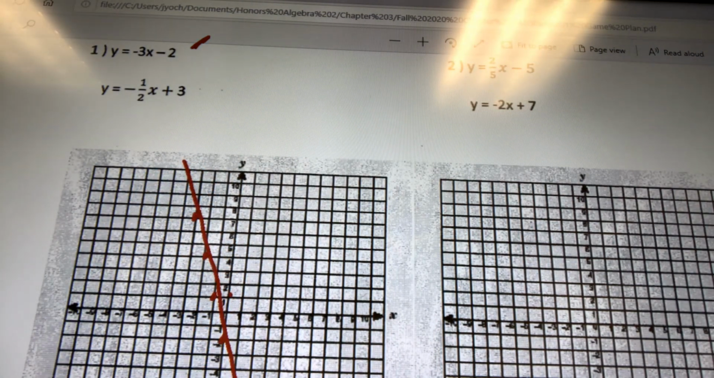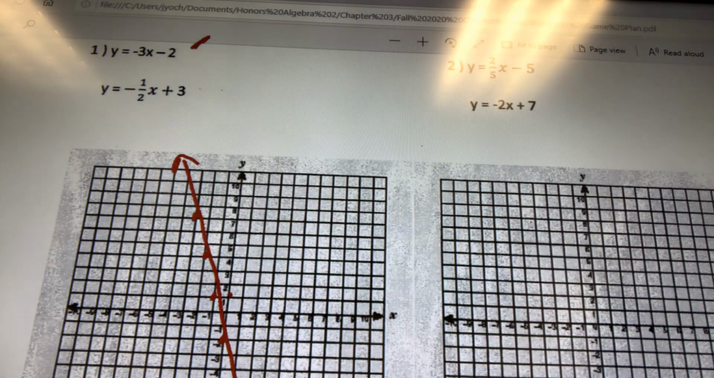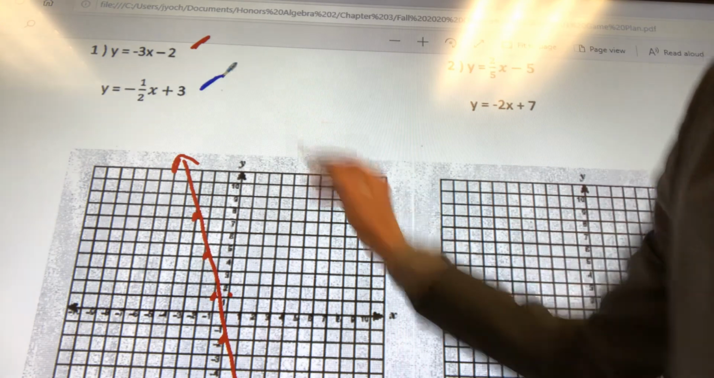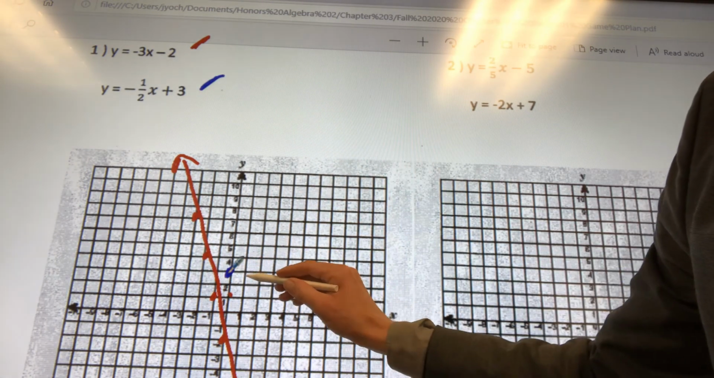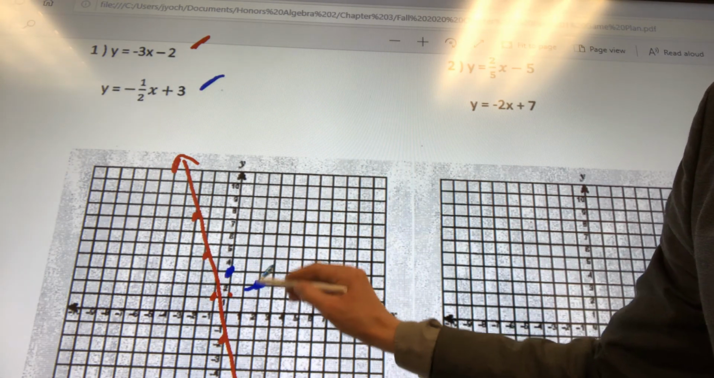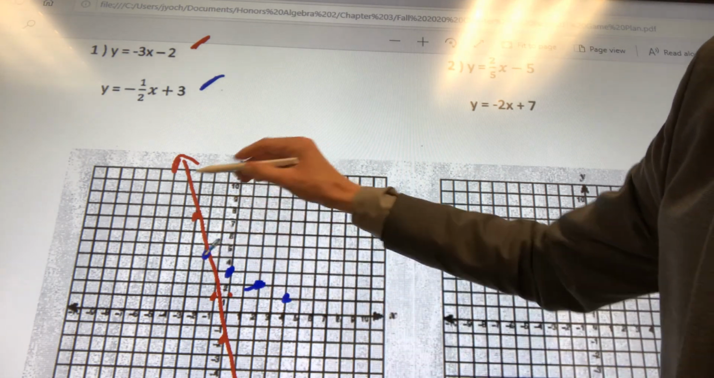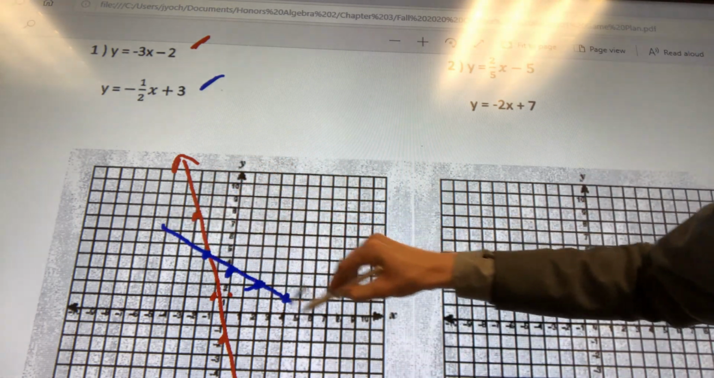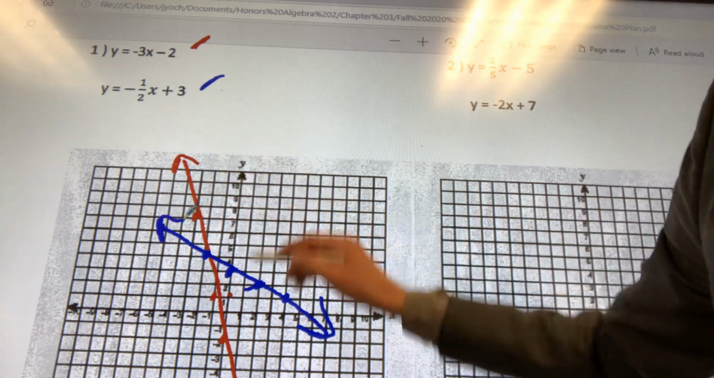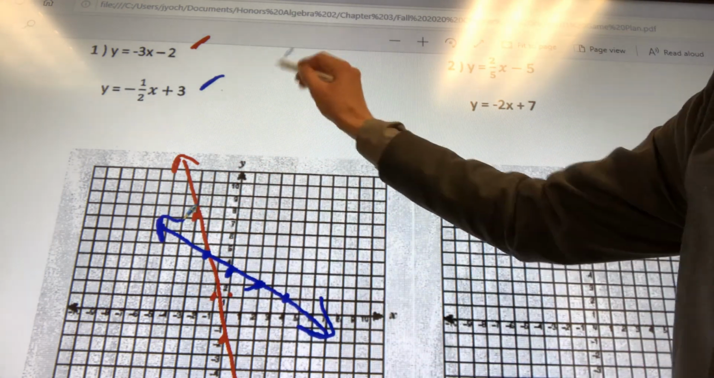Oh, goodness. Make sure yours hits the dots, unlike mine. And in blue, y-intercept of 3. Down 1, 2 to the right, down 1, 2 to the right. That's not going to work, so I go up 1, 2 to the left, and ding, ding, ding, they intersect. There, negative 2, 4